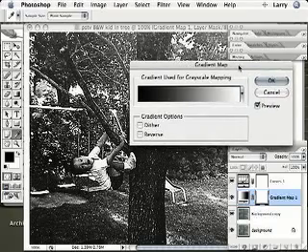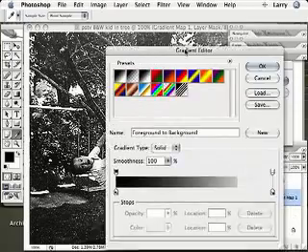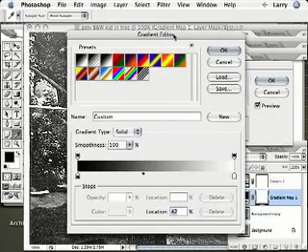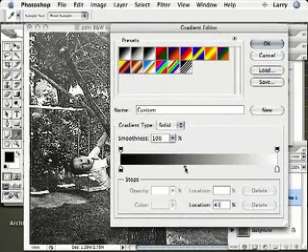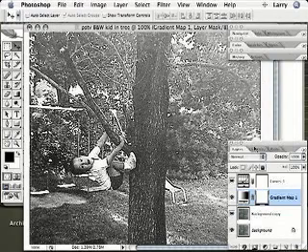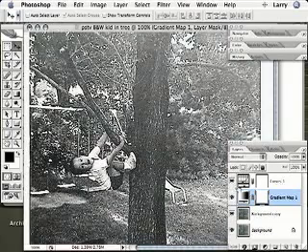Click in the middle of the gradient map, let me bring that onto screen so you can see it. Click the end point here and you can see it shows a marker for the midpoint, and we want to lighten that midpoint just a bit. And that makes the darks a little less intense. Click OK, OK again, and so we've done all this. And the original is there, and then the changed version is here. And there we have it.